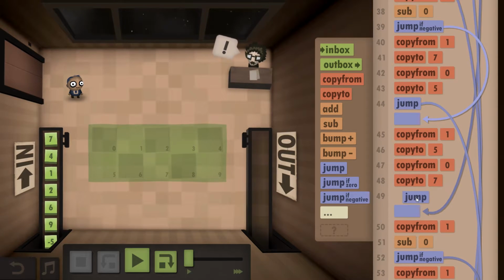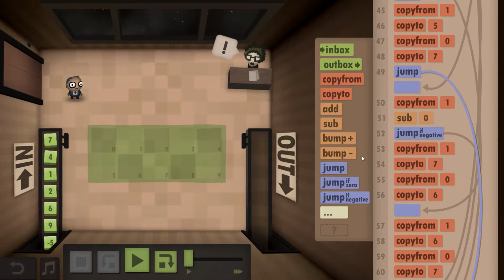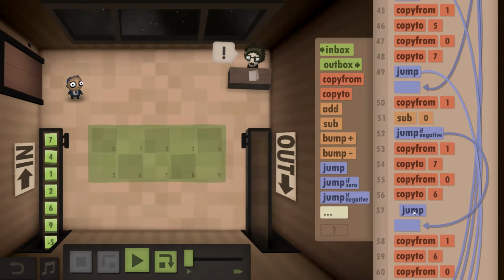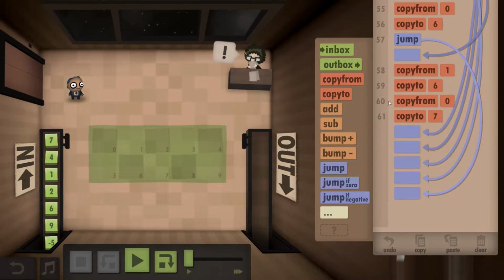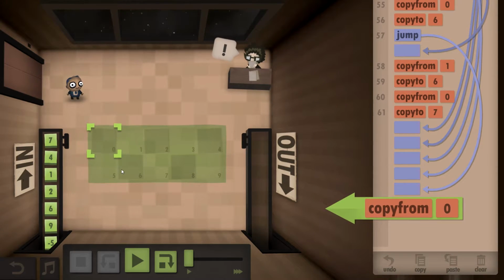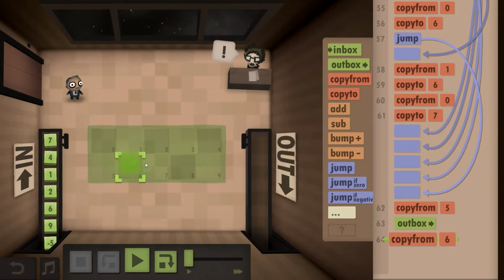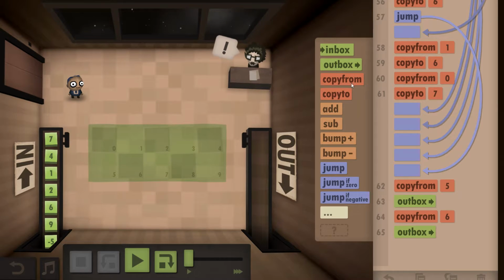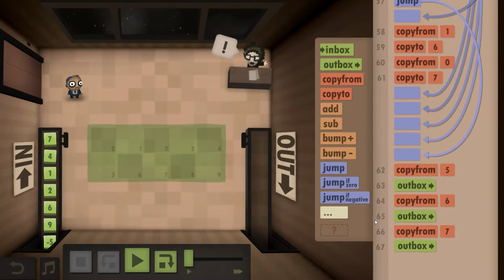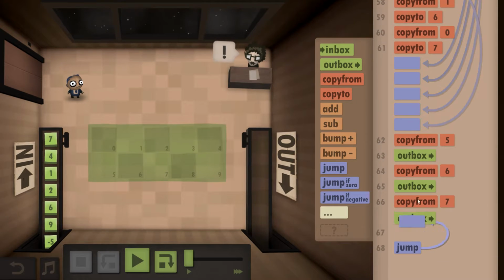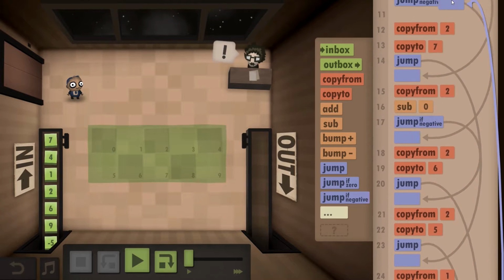Where's the other one? Right here. And then 2 more. And I don't need a jump here because that's already the end. And then I do just this. There's probably a bug somewhere in here. I don't think I made any mistakes here. And this is a mess. Debugging this is going to be very difficult because